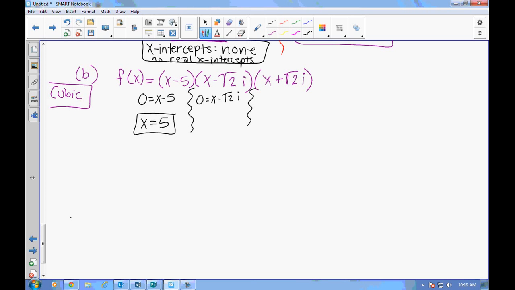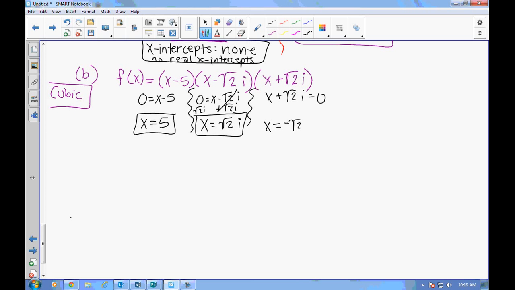Can anyone just see that one without doing inverse operations? It will be positive, because if I add root 2 i to both sides, I get x equals positive root 2 i with the i outside. And this last one, if I set it equal to 0, x equals